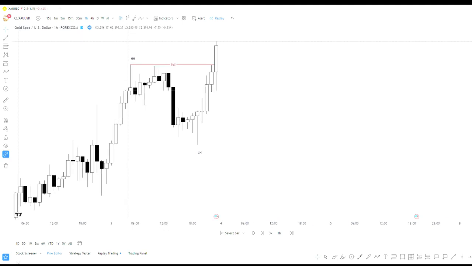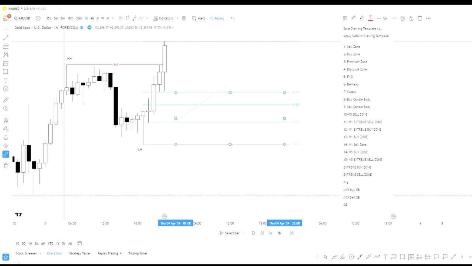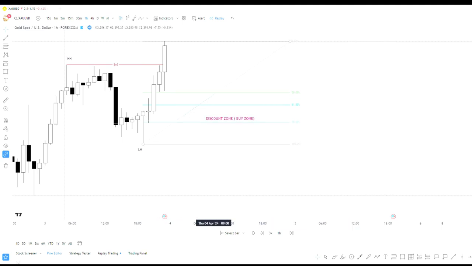After having a new lower high confirmed, it's time to use Fibonacci to mark our buy trading zone. How to use Fibonacci? We are going to use Fibonacci from the bottom to the top, or from the left to the right, whatever you call it, or from the lower high to the current market price over here. And then we draw our trading zone between the 50% and 100% level of Fibonacci, and we call it